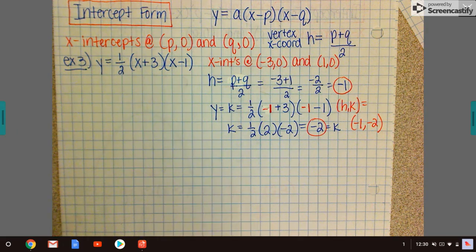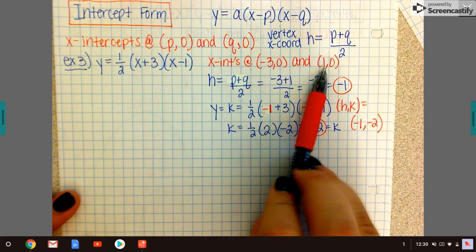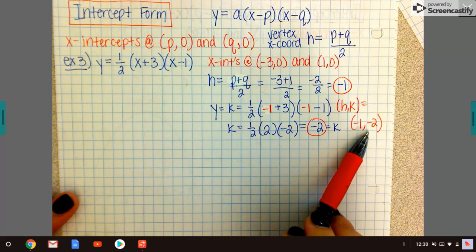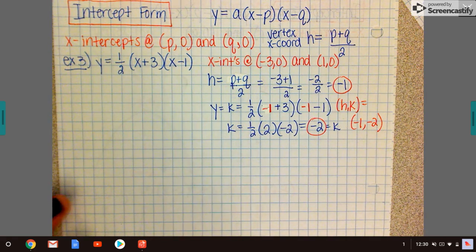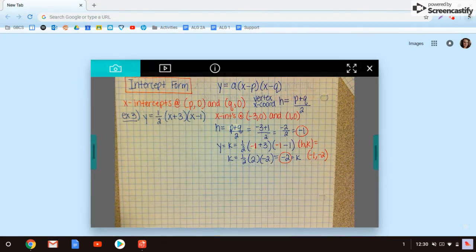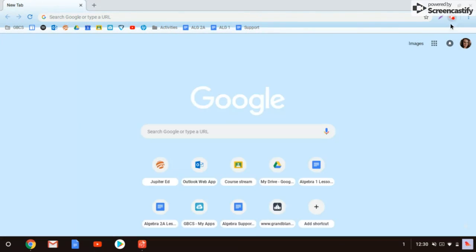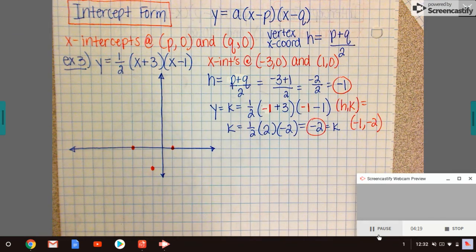All right, so I've got three things now, an x-intercept, another x-intercept, and a vertex. Let's go ahead and graph those. Give yourself a coordinate plane and plot those 3 points, and then we'll kind of cycle back. All right, so we've got those 3 points plotted at this point, and we could start our parabola from here,